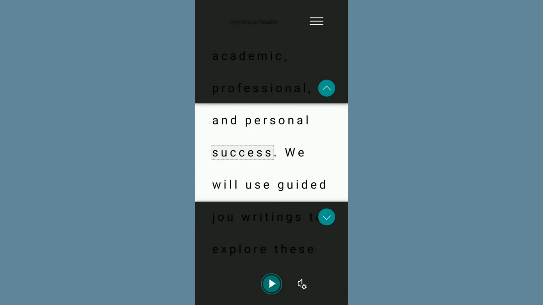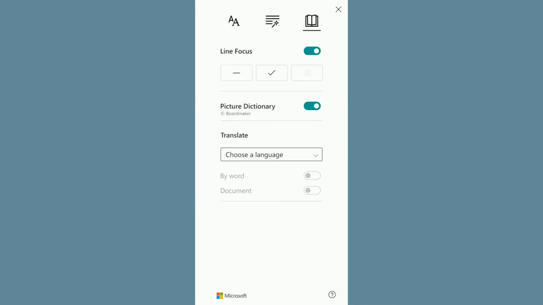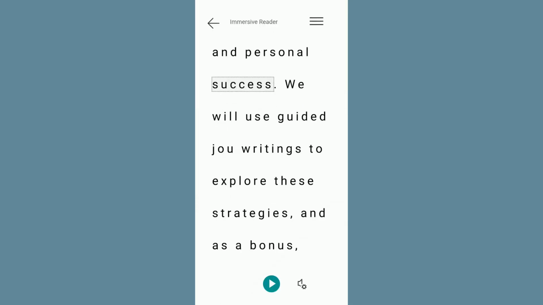And as you can see, that highlight automatically moves along with the reading. But that's how you can use Microsoft Office Lens and the Immersive Reader to have your text and documents read out loud to you. This works great for worksheets, flyers, any kind of text that you don't need over and over again, like a textbook.